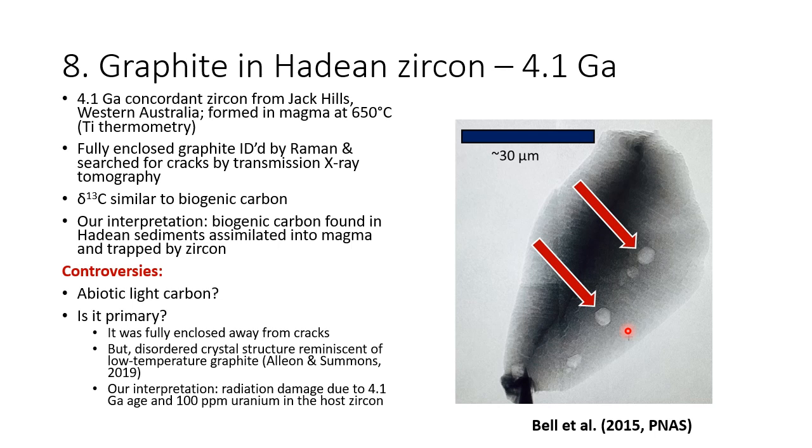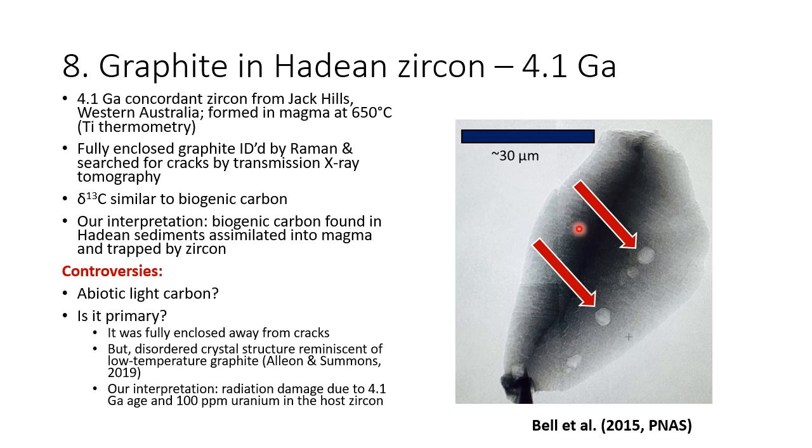The relatively disordered nature of the Raman spectrum of the graphite has been pointed out as inconsistent with the high temperatures associated with magmatic formation. However, one thing we do note is that this graphite has been included in this zircon for 4.1 billion years, and the zircon has 100 parts per million of uranium. And so this graphite would have accrued a fair amount of radiation damage over geologic time. Now, whether this can account for the level of disorder seen in the graphite crystal structure is not something that we have been able to test so far. It is something that we are looking forward to testing when we have further examples of graphite inclusions in other